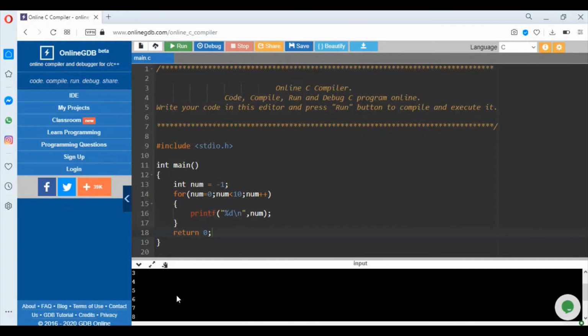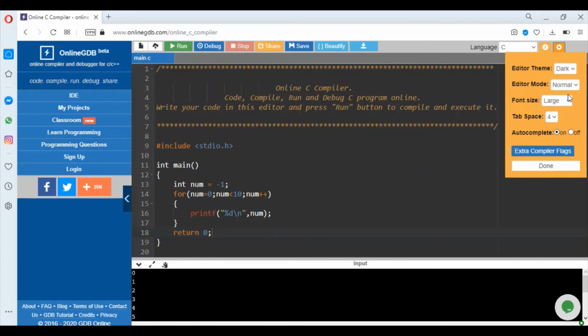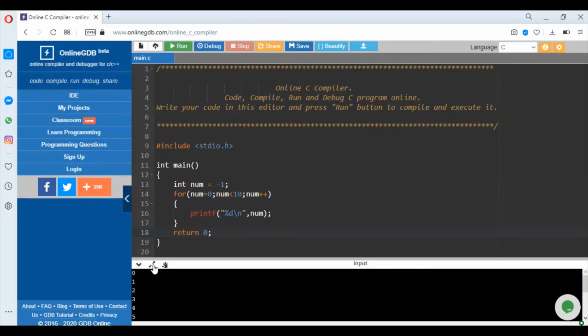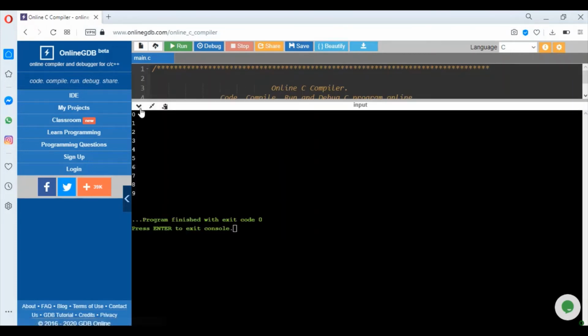It has printed from 0 to 9 till the value of num is less than 10, right? If you are not able to see it, then I will just adjust the font size. See, 0 1 2 3 4 5 6 7 8 9. It has printed the value of num here, right?